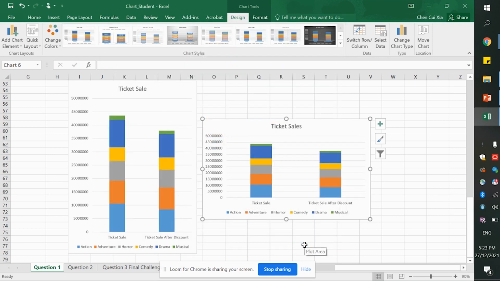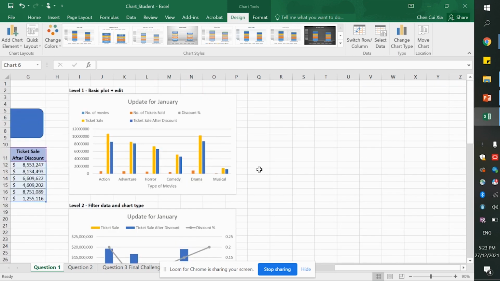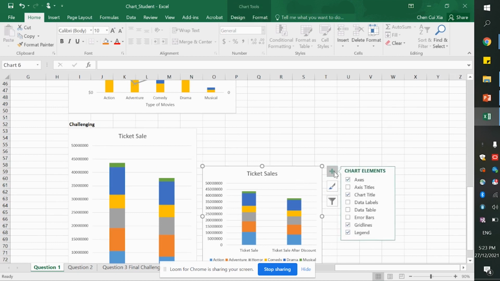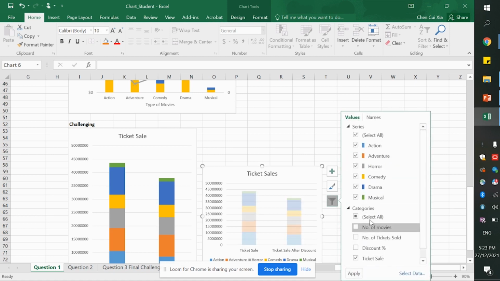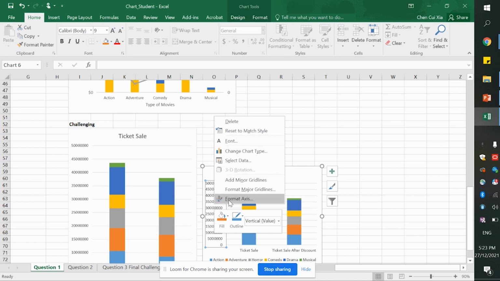And that's all. So this is the additional skill. If you realize something is very different from what it is, it is just one button away. So what you need to know to revise again, the quick one, is we just need to know how to use the plus button at the top to change the axis or add in the titles. We need to know how to do our filtering of data to see what data is required for the question. And of course, if we want to play with the axis, we just need to right click and choose format axis or format